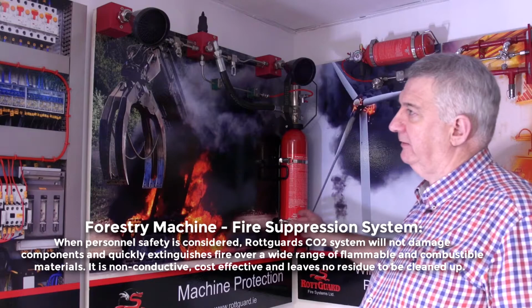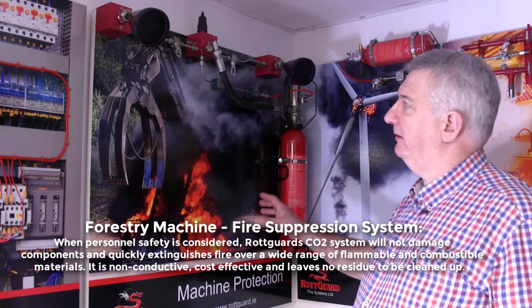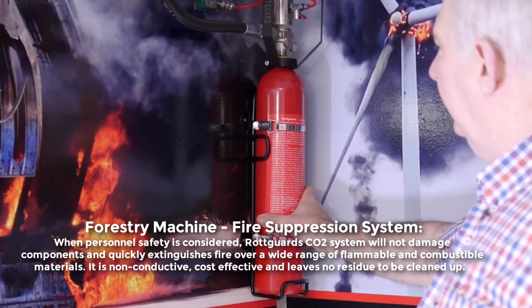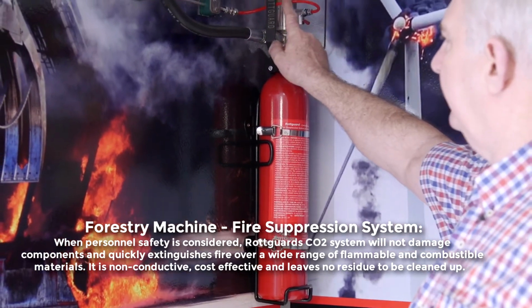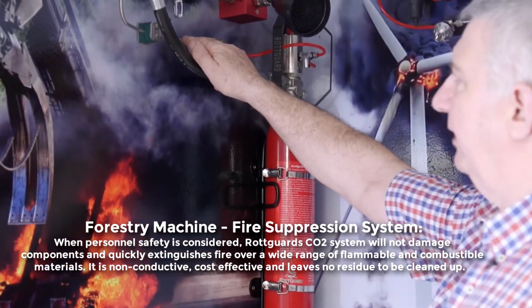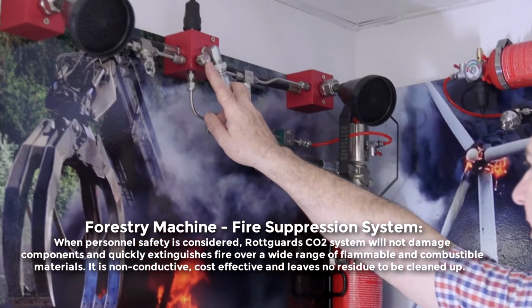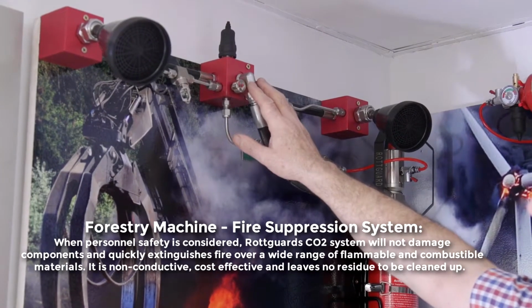It's very effective compared to the clean agents in that it knocks down fire very quickly. CO2 is stored here within the high pressure cylinder. The control side of the valve is low pressure, and we can monitor the pressure on that side through a pressure gauge here, and we can also interface with a